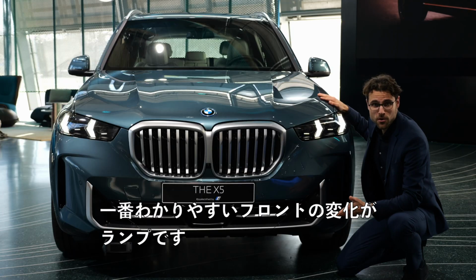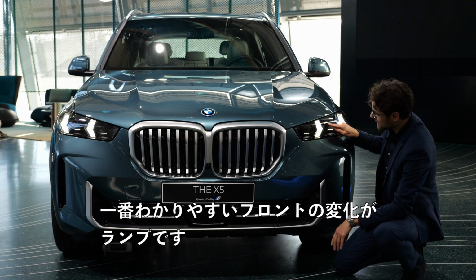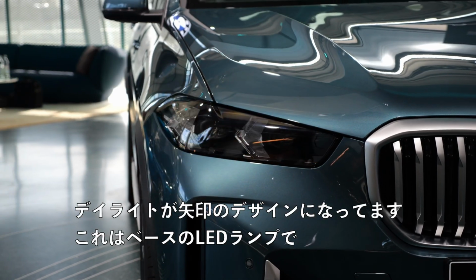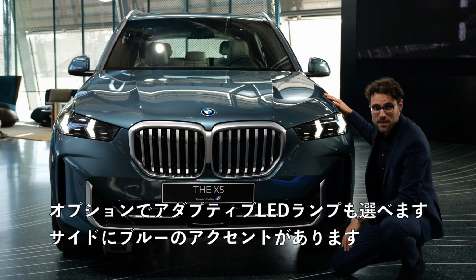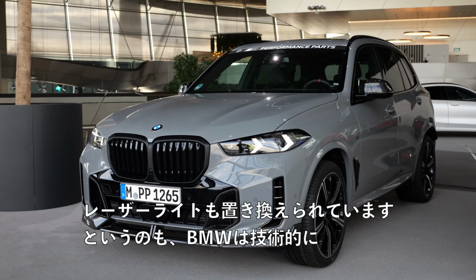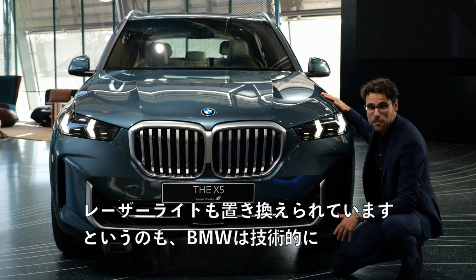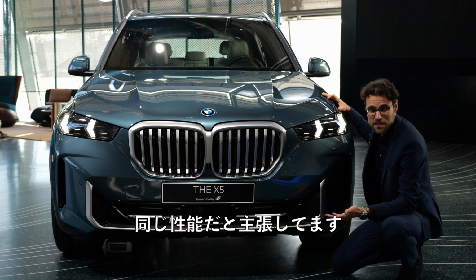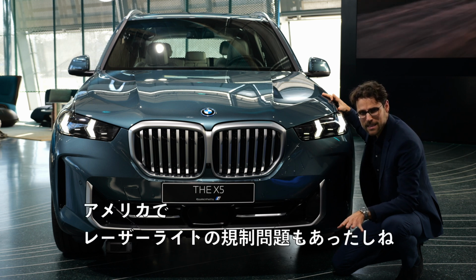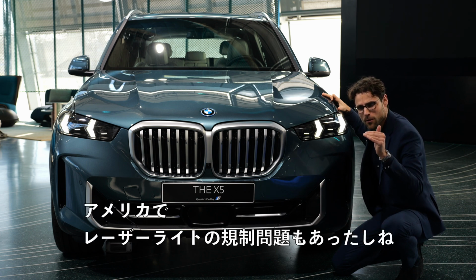Let's go! Most obvious change in the front, the lamps. They have this arrow design now in the daytime running light. These are also the base LED lamps. Option, you can also get adaptive LED lamps. They have then blue accentuations at the side, and they also replace the laser light because BMW says they have basically now the same performance technology-wise. And also the problem was that the laser light was also restricted in the US for the regulations for